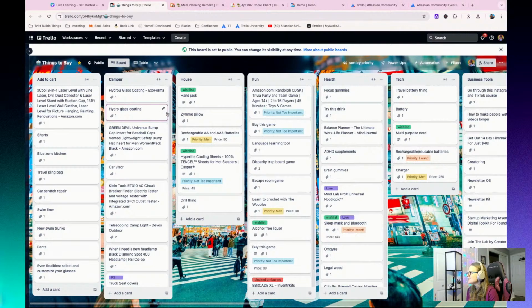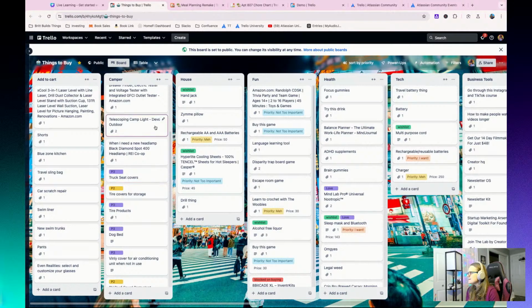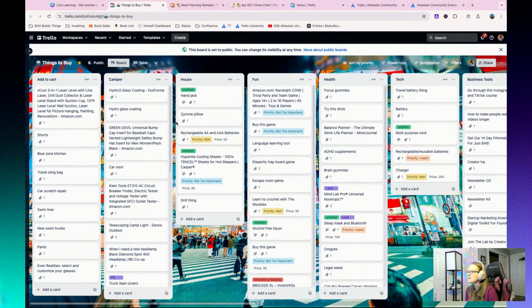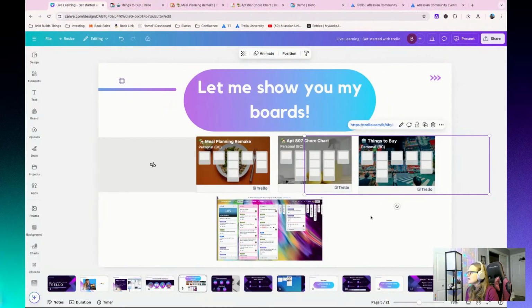And that way it helps me stop impulse buying. So when I see something, I don't just immediately buy it. But I do take time periodically to come through here, and especially on Cyber Monday or Black Friday, I like to see if any of these things are on sale, or just when I'm feeling particularly spendy, I can go grab something from here, and it's more intentional spending rather than just random stuff. So I really like that board.